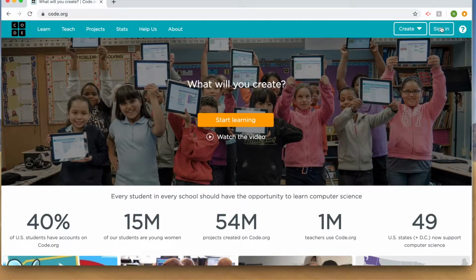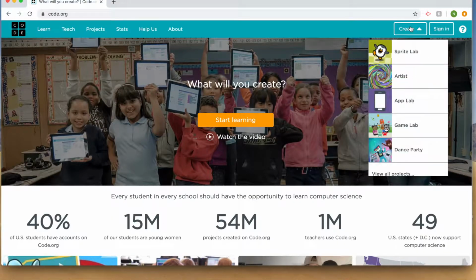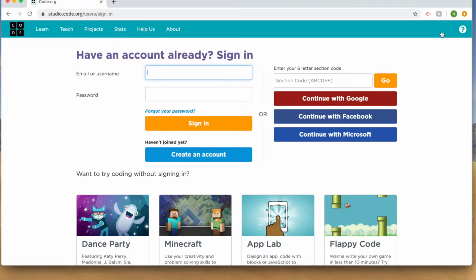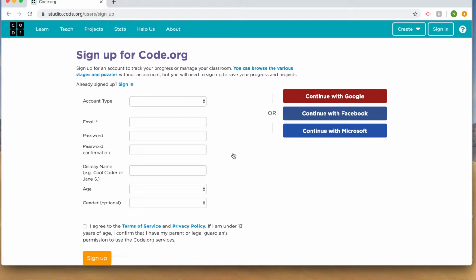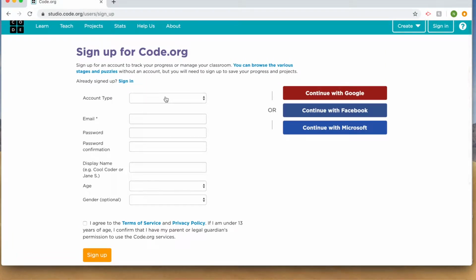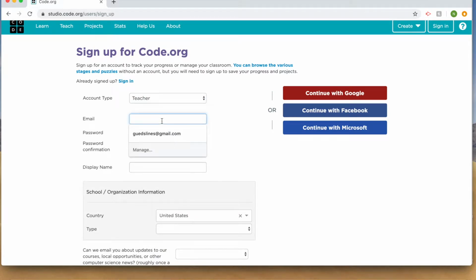First, we're going to start with how to create an account. So once you go under your browser and put code.org, this is what should pop up. The first thing you're going to do is click on Sign In. After that, you're going to click Create an Account. It's going to ask the account type, whether you're a teacher or a student. In this case, you're going to click Teacher, and after that, you're going to put in the email, your school email,